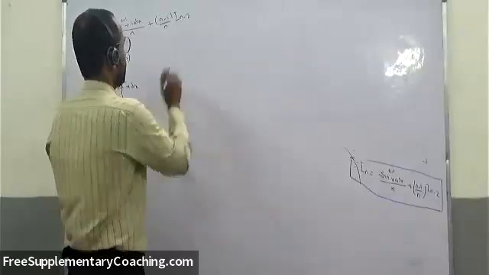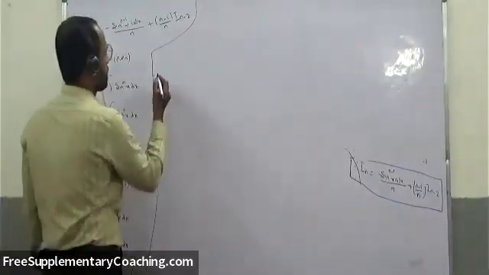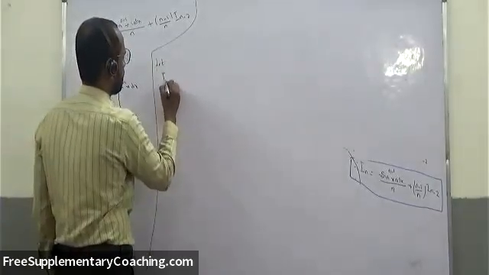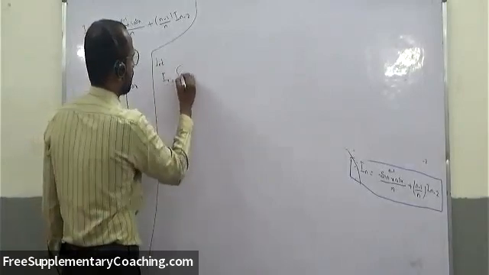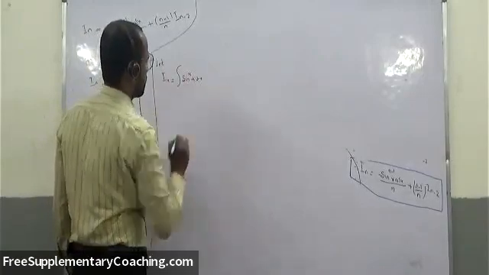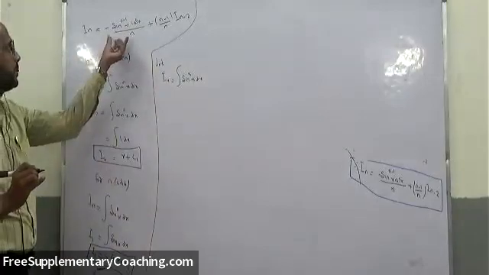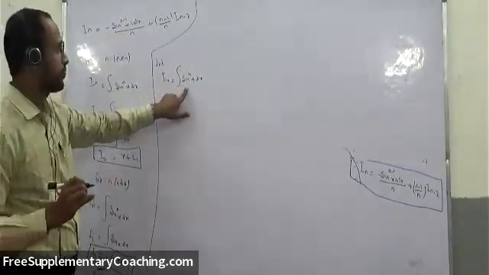Reduction of sine power n x dx. Okay, so first, I4 is equal to integration of sine power 4x dx. See here, this is the form that we need to reduce this particular integration of sine power 4x dx